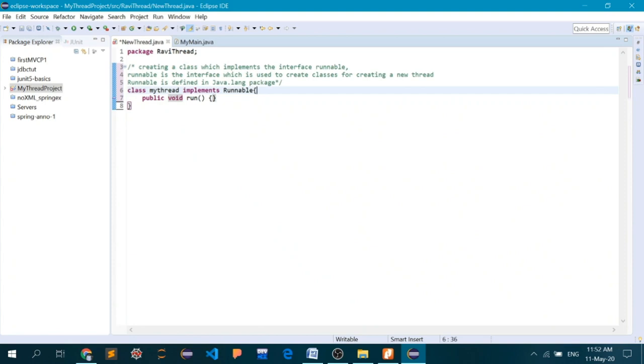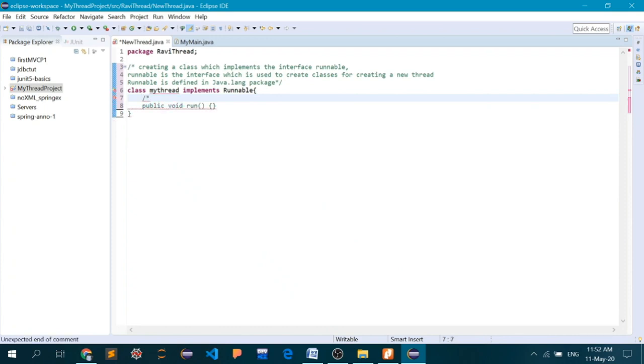Now we'll do inside this run what we intend to do later. First, we have to do something else. The thread is not actually created. I will start one more comment here. Now I will create a variable of class Thread.